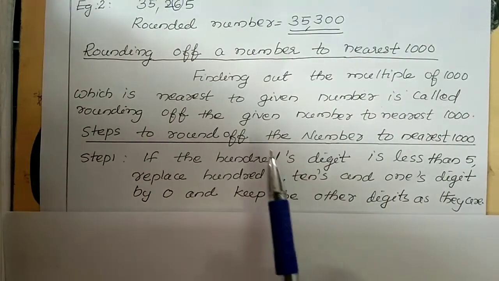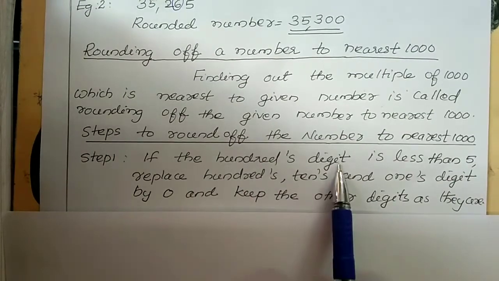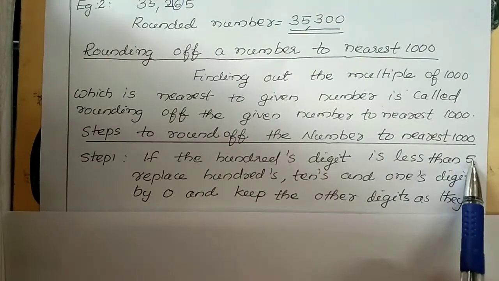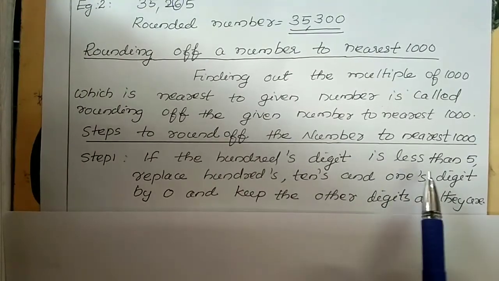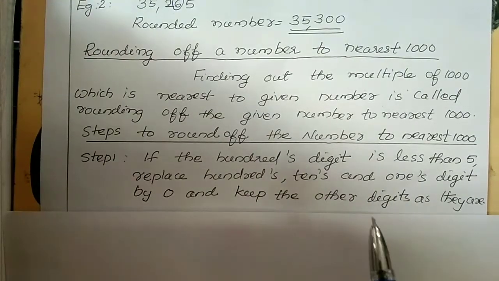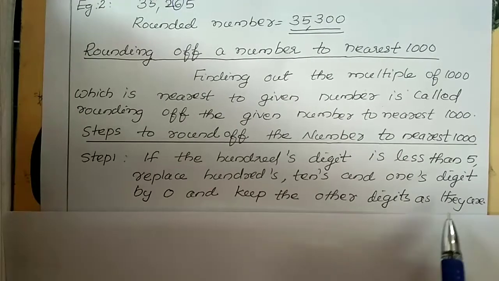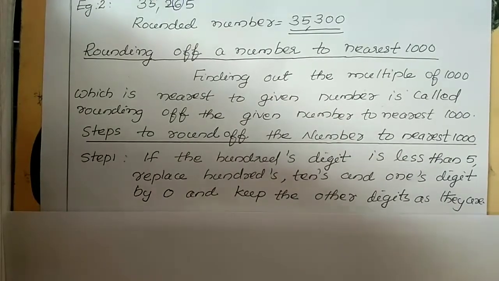Okay. Here you check the hundreds digit. If it is less than 5, in that case you put the hundreds, tens and ones digits as 0. Then the remaining digits have no change. For example,